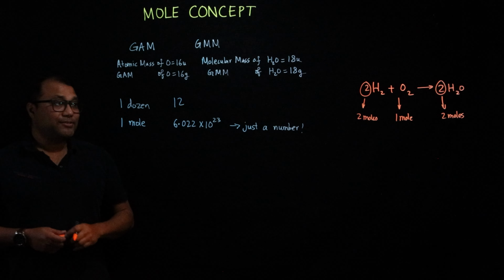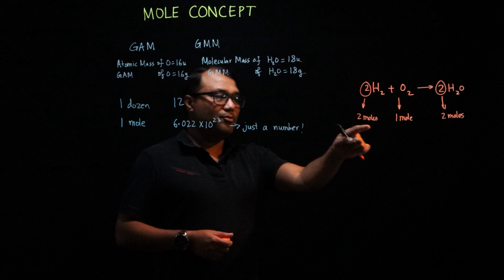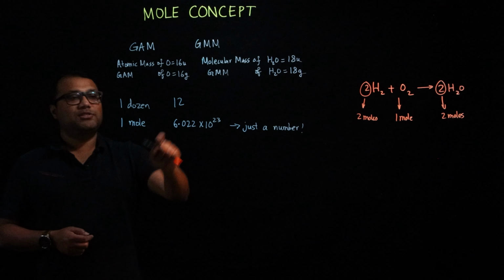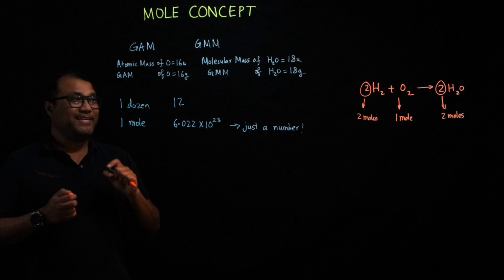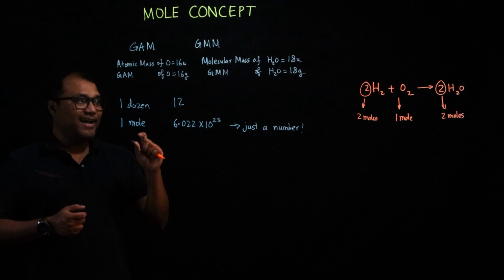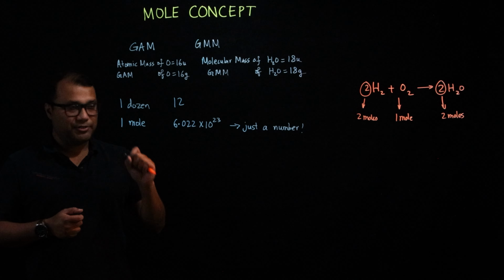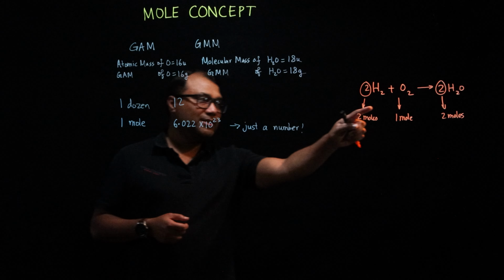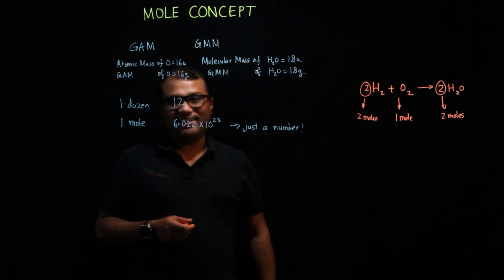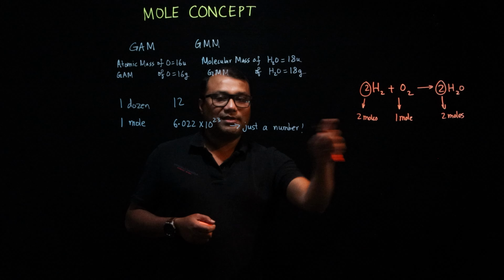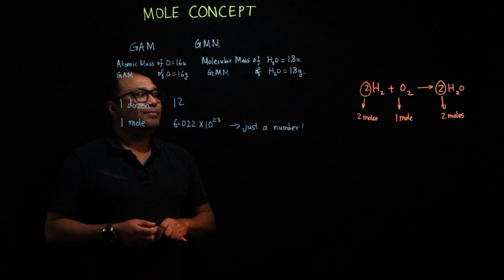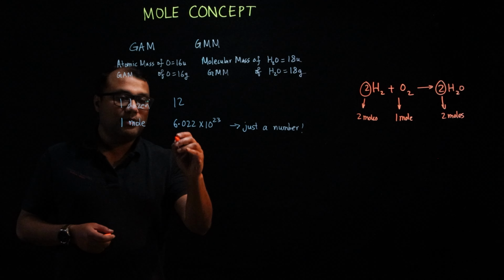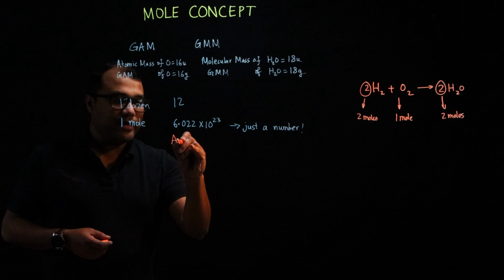So when I say 2 moles, remember moles is nothing but a number. What does it mean? 2 times 6.022 into 10 to the power 23 molecules of hydrogen gas is combining with 6.022 into 10 to the power 23 molecules of oxygen gas to form 2 times this number of molecules of water. This number is called Avogadro's number